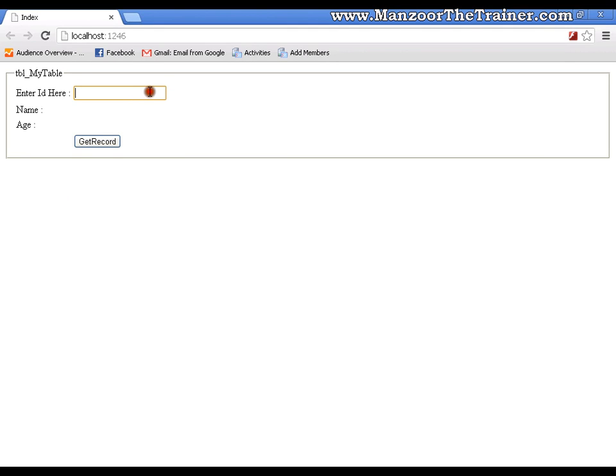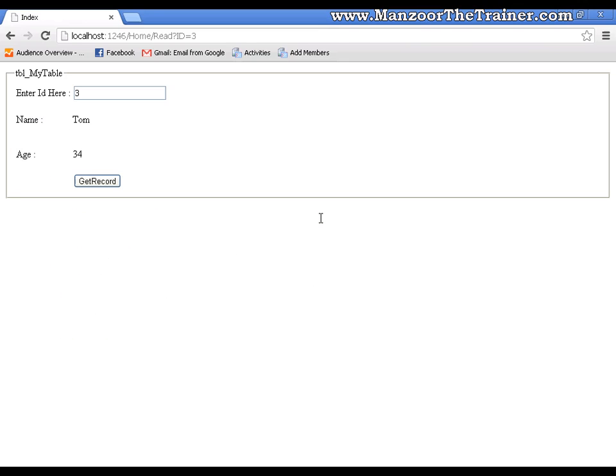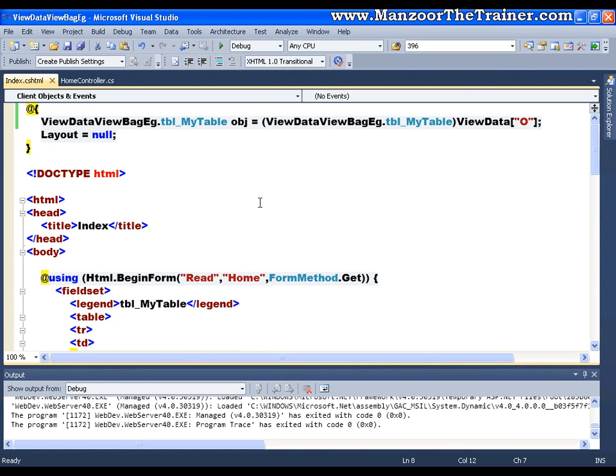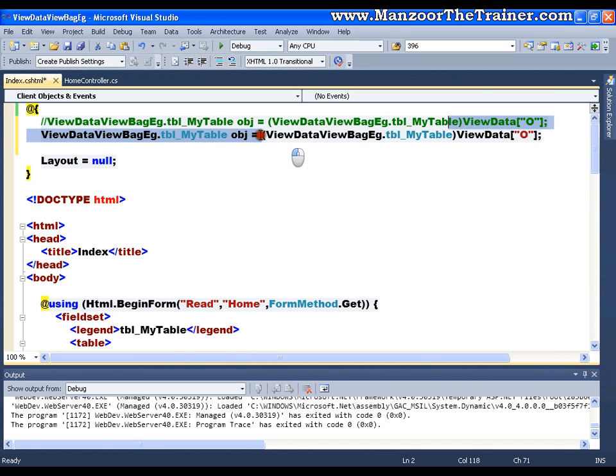I'll pass 3, say get record, F5. It works exactly the same. In our last video, we saw that we need not worry about the null values. It is taken care of automatically with the help of ViewBag. And here we will see one more advantage. That is nothing but if we have ViewBag, we need not typecast it. Copy this, paste it here. I need not go for typecasting in this way. I can simply say